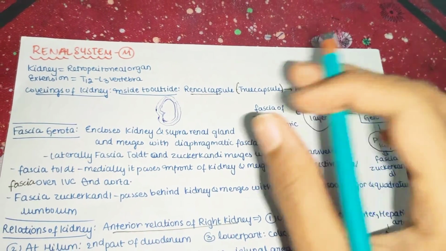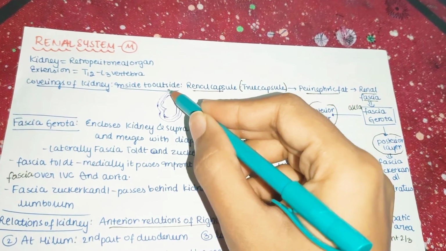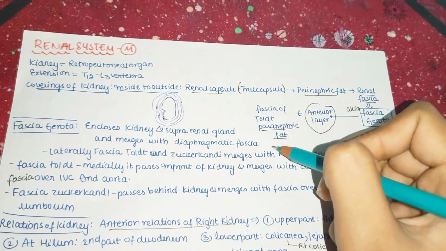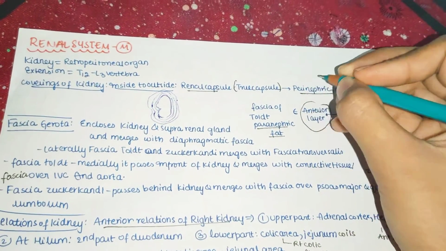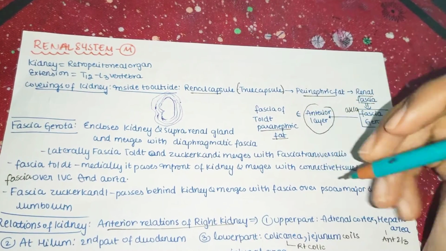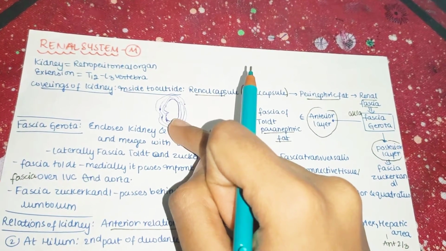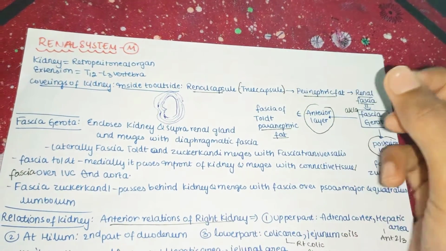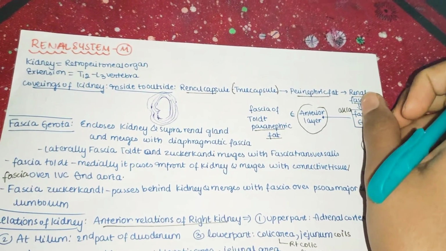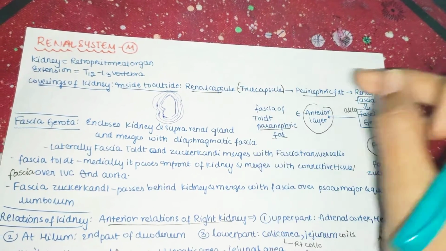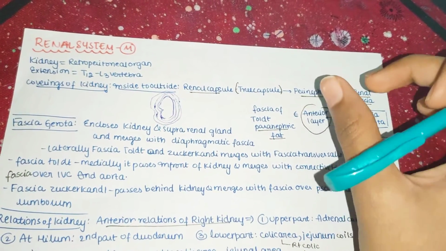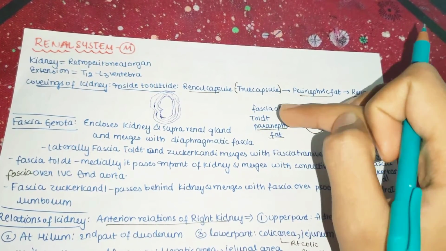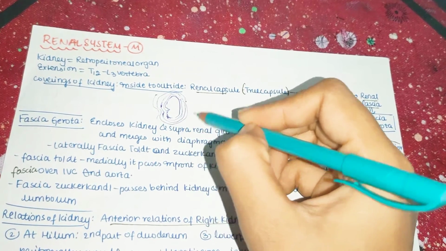After that you will have the renal fascia outside. After the renal fascia, finally you will have the paranephric fat. So remember, this is perinephric, this is paranephric. First the renal capsule, after that the perinephric fat, after perinephric fat the renal fascia. So between the renal capsule and the renal fascia you have perinephric fat. After the renal fascia, finally you have paranephric fat, which is the outermost layer.